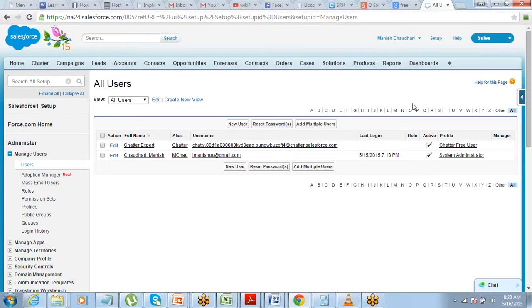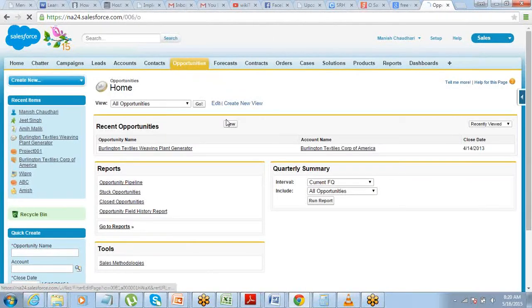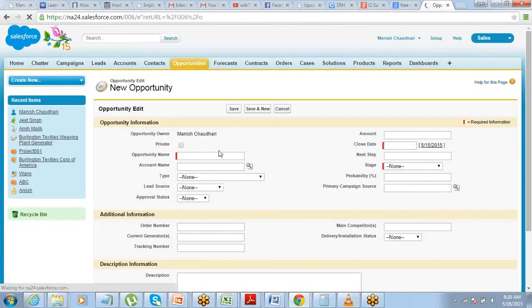Okay, so now let's test our approval process. I've set the email ID correct. Now I create an opportunity which is more than a million in amount, let's say OP24.